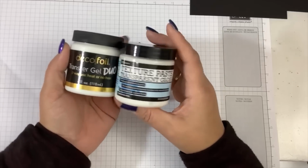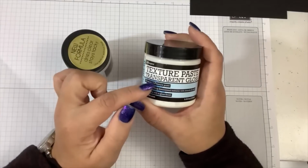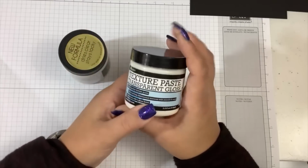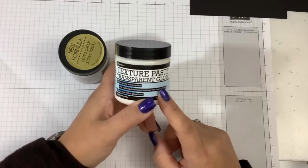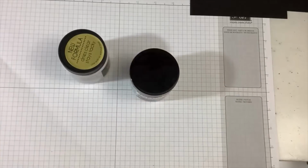And supposedly the difference is once this dries, it dries completely clear and it's done. Like it's not tacky. You don't need to do anything with it. You can leave it raised. It's really cool. However, what I discovered through some experimenting is that you can run foil over this and it will reactivate and the foil will stick to it. And it's really, really cool. In fact,